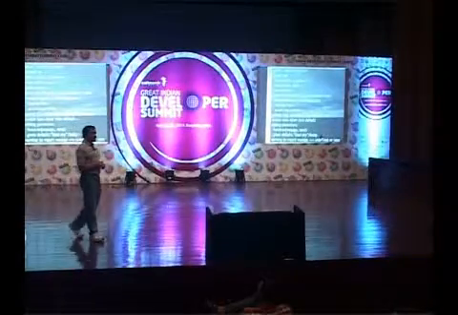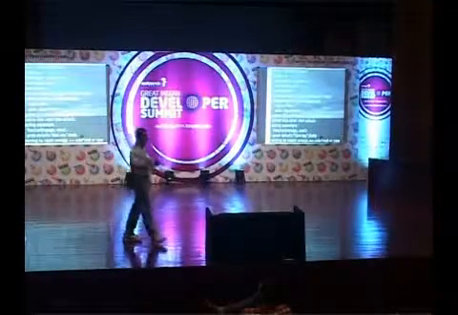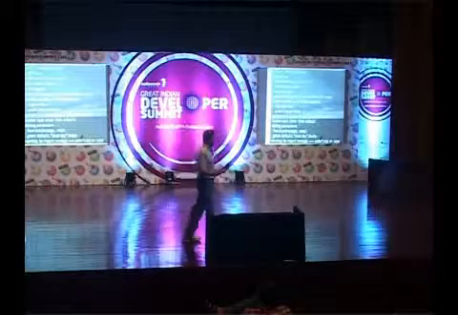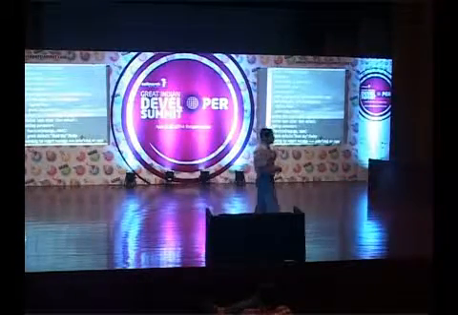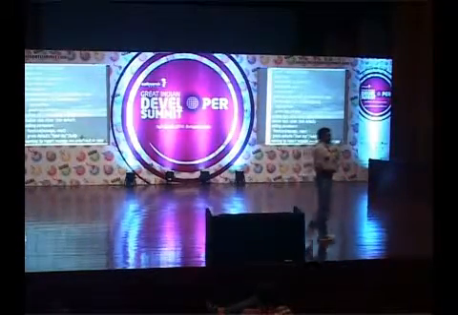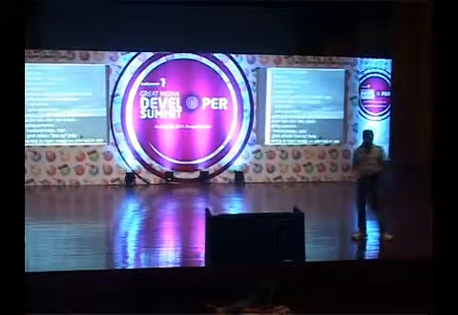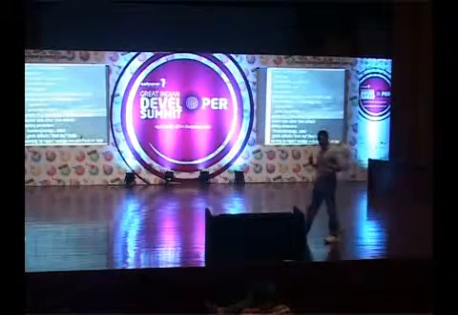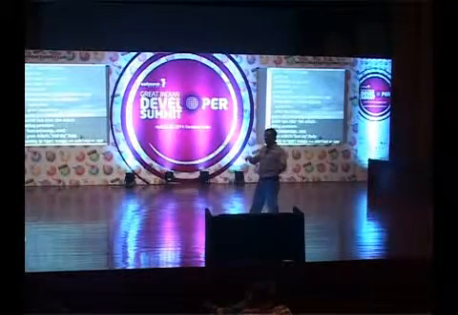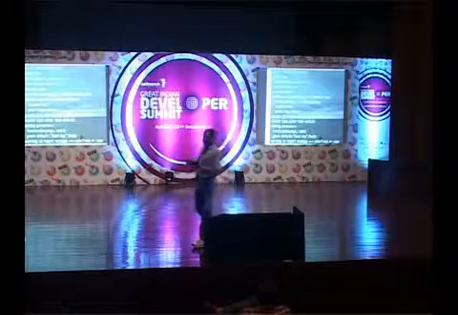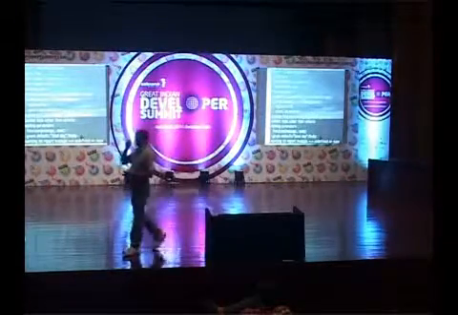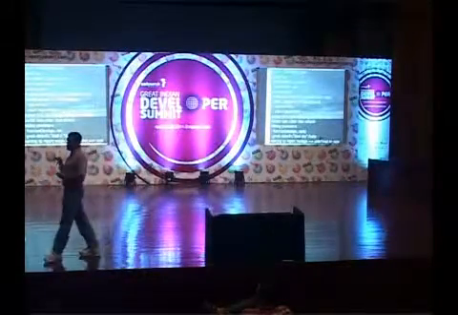Internal DSLs, on the other hand, are where the code really is hosted in another host language. In the case of Rake, for example, Ruby is the host language. In the case of Gradle, for example, Groovy is the host language. So you're not really writing a parser to parse through this content. You have a language that becomes the parser automatically, because the language syntax that you use in these DSLs,